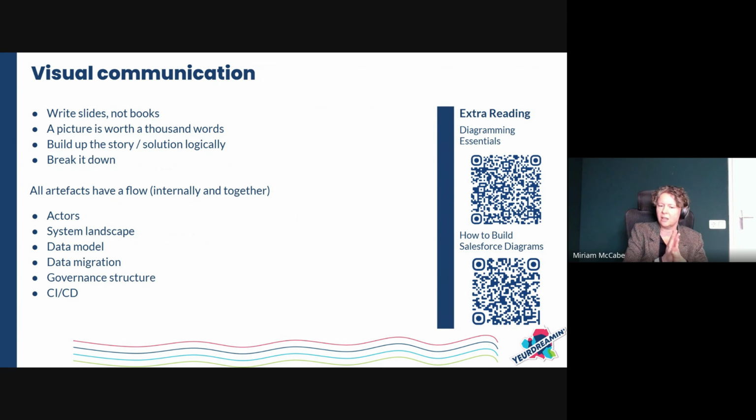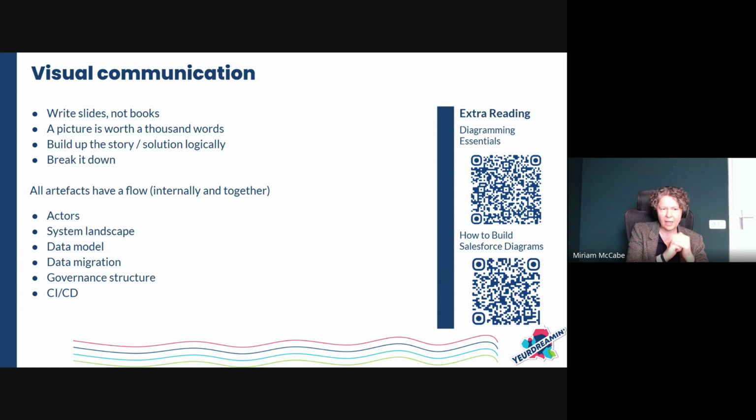So take it easy on the words on a slide. And you might ask yourself, aren't words verbal communication? Yes, they are if you say them. But if you show them on a slide, they're also visual communication. So imagine what it looks like if you have a million words on the slide. It's not easy on the eyes either. So a good visual helps, supports the story that you're trying to tell.